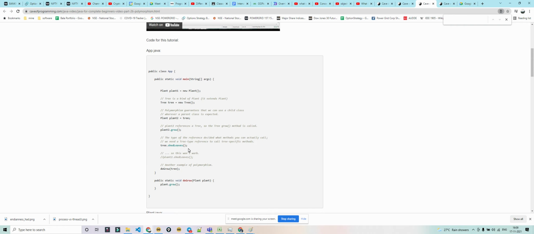When you call grow, Tree's grow will be called, because the Tree object is assigned to this. So this is called overriding, and which function is going to be called is decided at runtime based on what type of object is assigned. So this is called function overriding.